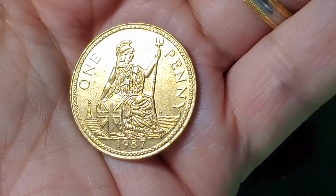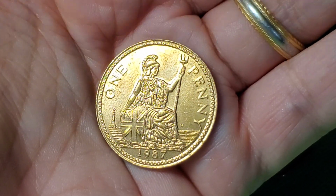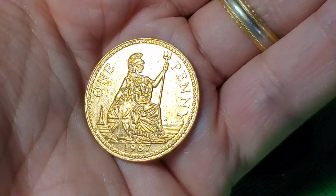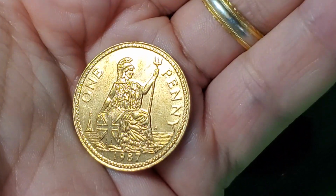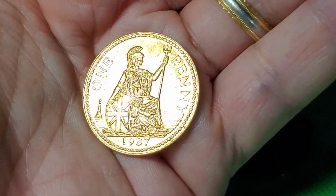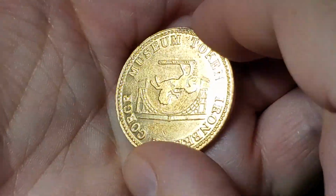Here's another coin or token that is designed to look like a British coin. This looks like the pre-decimal coins of Britain, or a 1-penny coin. Doesn't look exactly the same, but does look very similar. We've got the woman holding the trident with the sea in the background. They didn't make the 1-penny coin like this in 1987. Instead, it is from